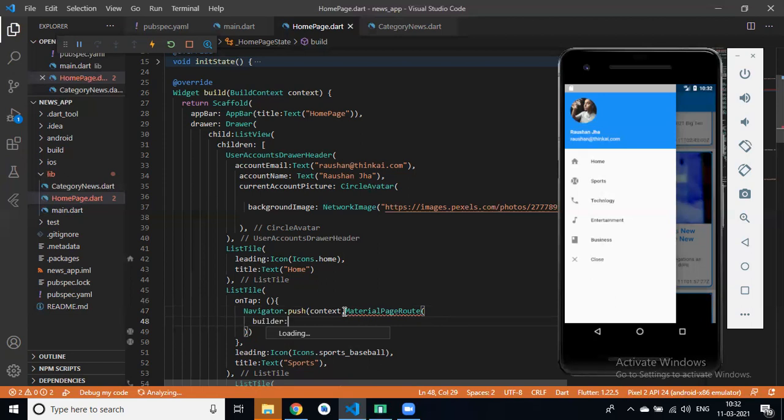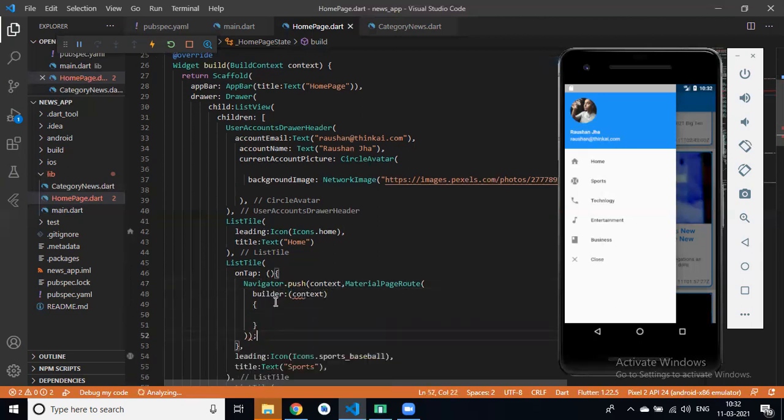Like this. We can give it there only, context arrow, and here we can give our category news, right?